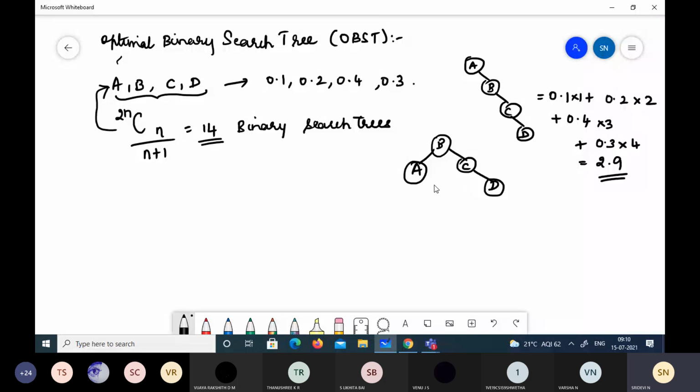On the other hand, if this structure is used, then what do we do?